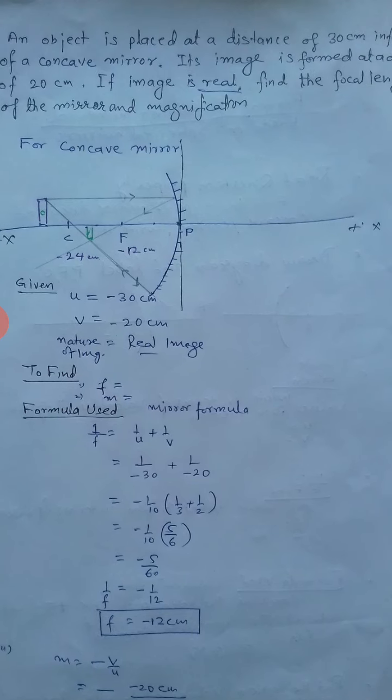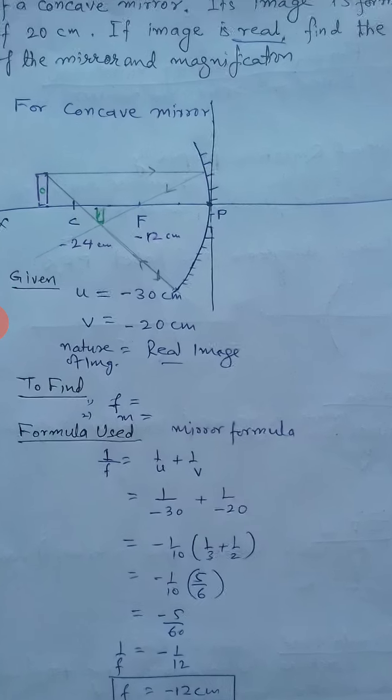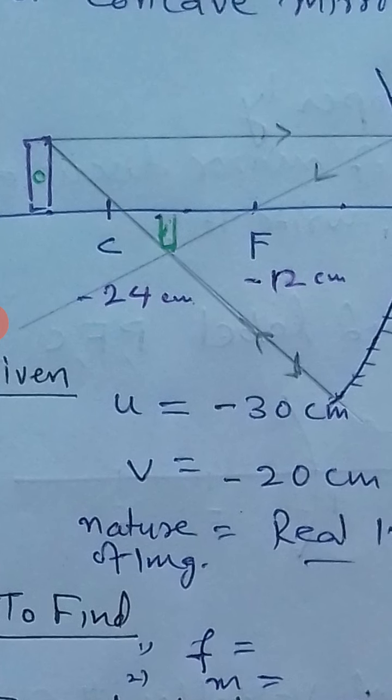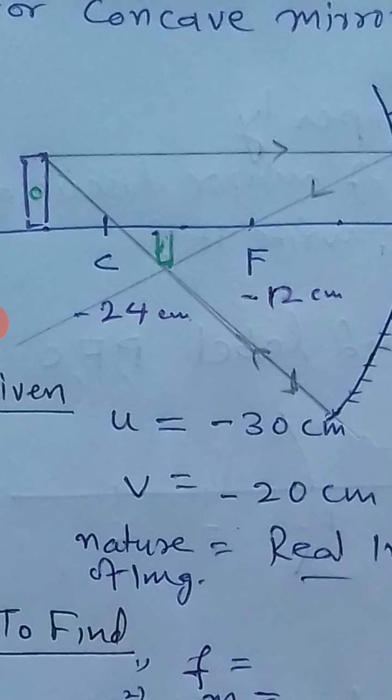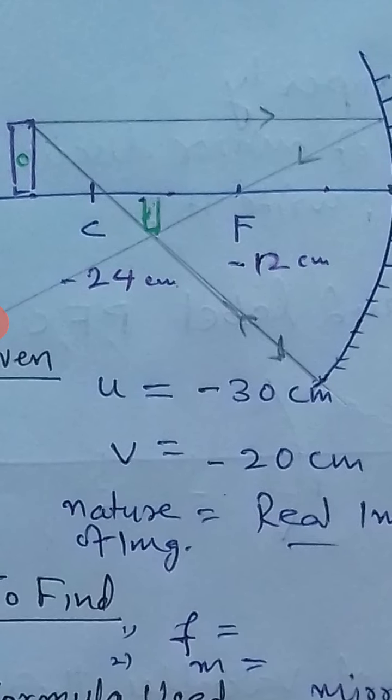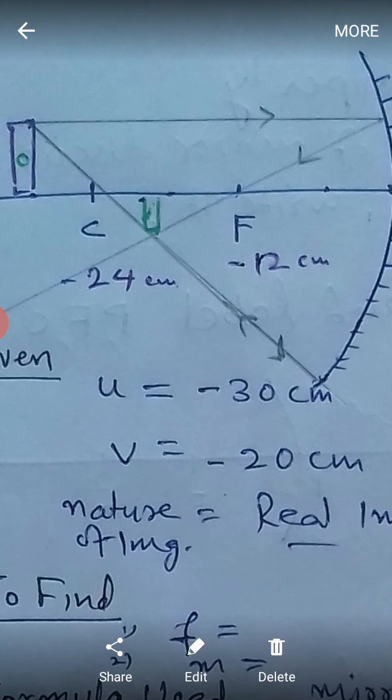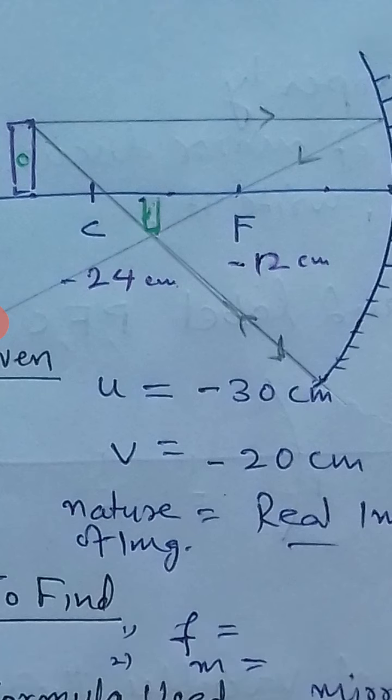Focal length you have calculated as 12 centimeter. So this is 12, and the center of curvature will be double, as the radius is double the focal length. So it is 24. You can see here it is written in the diagram: focal length you have calculated 12 and center of curvature becomes 24. On the left hand side it is minus, that's why the sign is put here. And how much is u and v given in the question? U was given minus 30 centimeter. So it is beyond C. You can see the object is placed here, and similarly the image is formed in between.